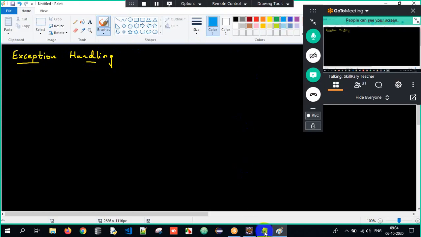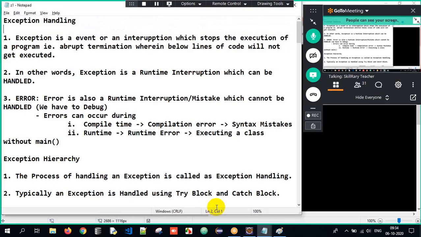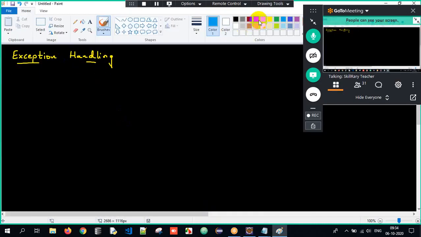I have told you how you define an error. Error simply means it's a mistake or a problem or an interruption which might occur during the execution of a program.